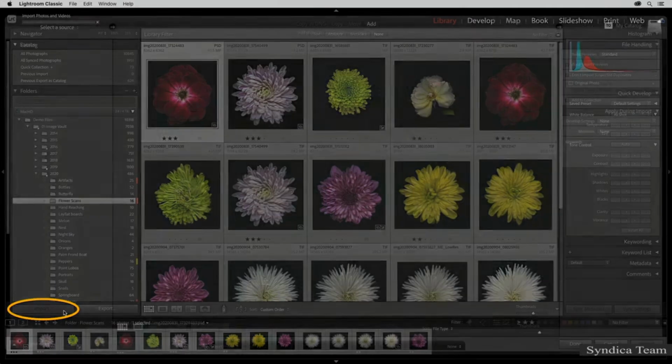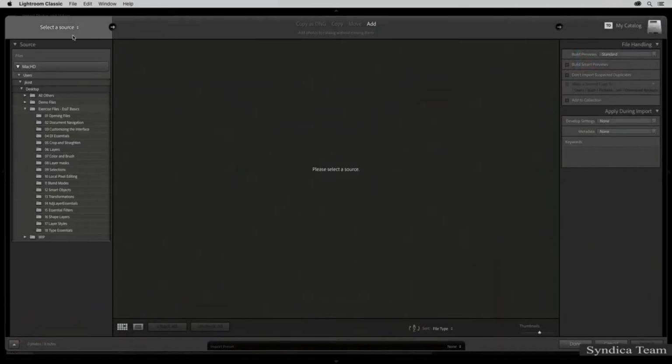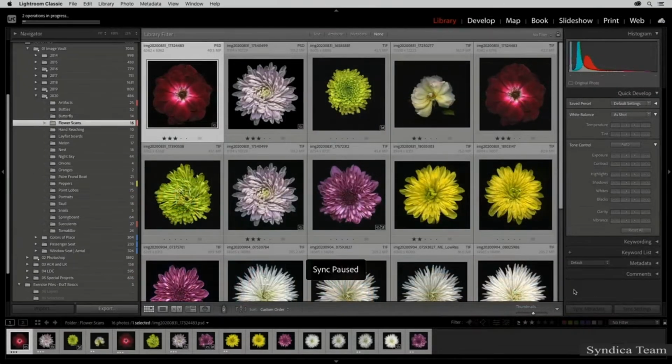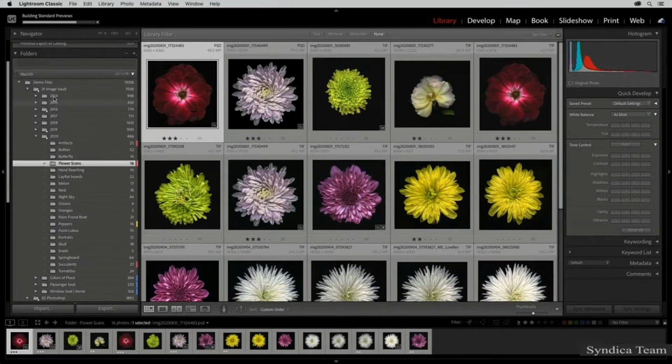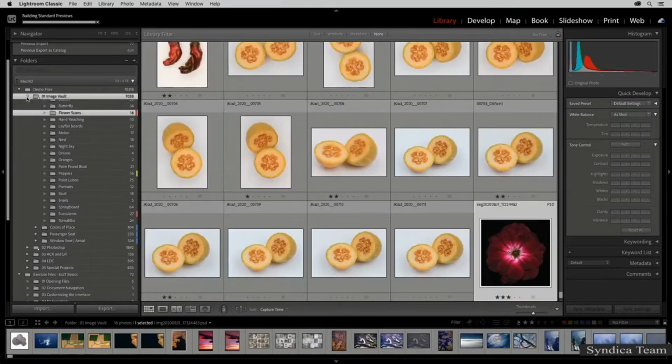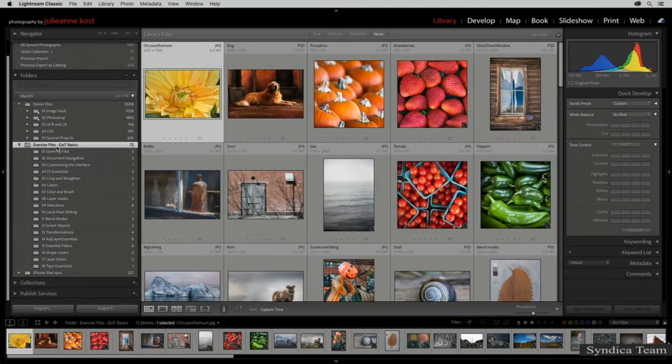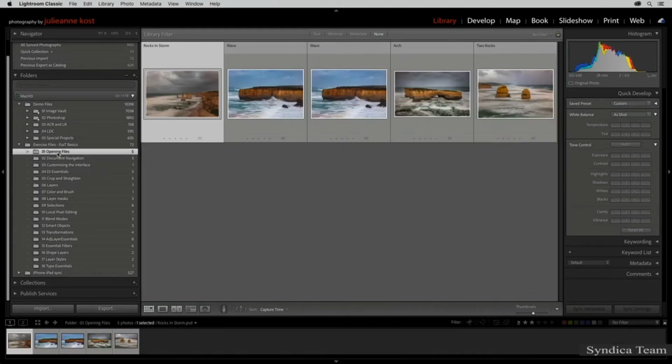Then I'll click Import. And in the Select a Source area, I'll navigate to that folder of exercise files. I'll want to be sure to include all of the subfolders, and I'm just going to add them in place. I'll choose Import in order to have Lightroom import those files, or in this case, basically become aware of them. Then in the Folders panel, I can just navigate to that new folder that contains all of the exercise files, and then just go directly to one of the folders in order to open the files.